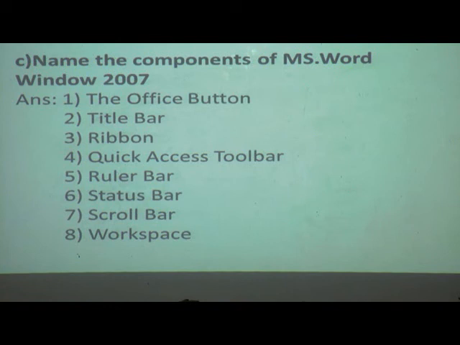Office button, title bar, ribbon, quick access toolbar, ruler bar, status bar, scroll bar and workspace. These are the components of MS Word. If you do not complete with me, then no problem. I will send you the PDF. At that time write in your skill sheet.